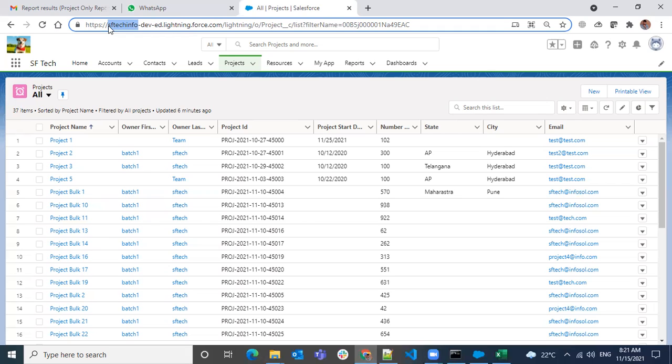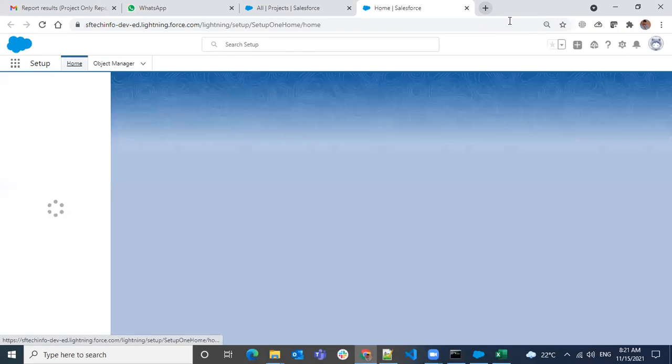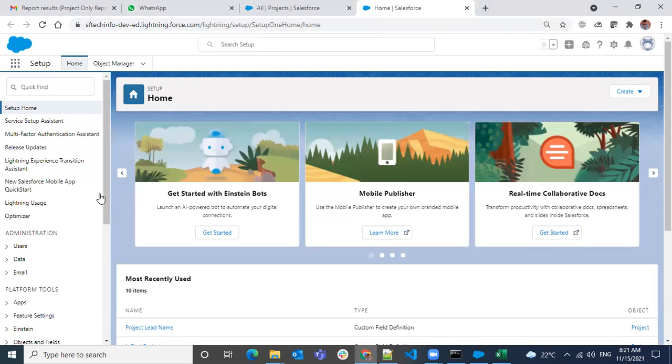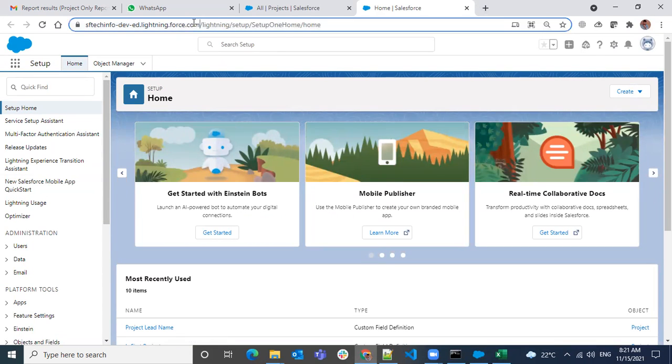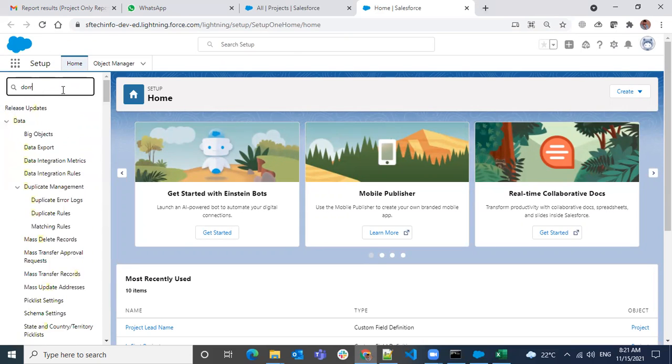But for some orgs which are older, from before we released Lightning, you have to take care of enabling the domain yourself, and we can restrict the login also while having a domain. Usually the URL we use is login.salesforce.com, right? You can restrict that to only your URL. If you use this URL, then only you will be able to log in, and you can restrict users from logging in through login.salesforce.com.